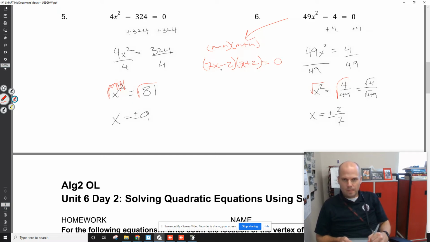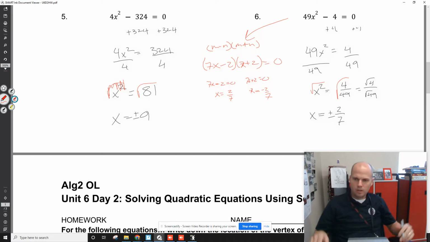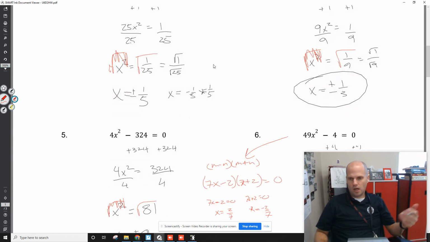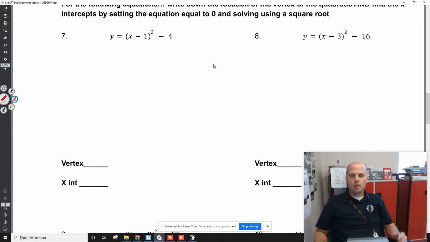Well, after solving these equations set equal to 0, we get the same answers. Add 2 divided by 7, 2/7. Subtract 2 divided by 7, negative 2/7. We're going to get the same answers, just a different way. Okay, so it's the same stuff that we've been doing. Difference of squares, only isolating square. But now